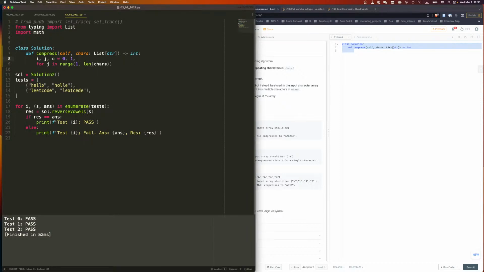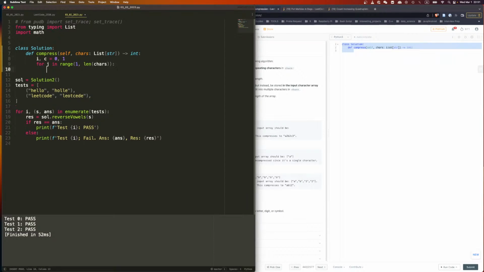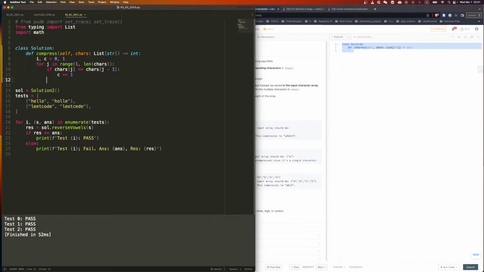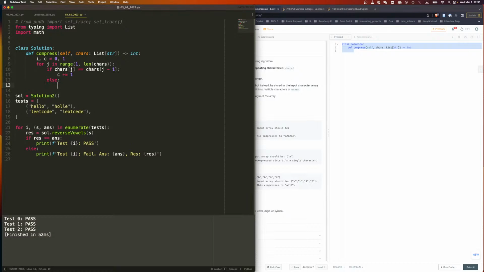Then we only need i, we don't need j here. So right. And then we say if chars[j] is equal to chars[j-1], count plus equal 1. Else